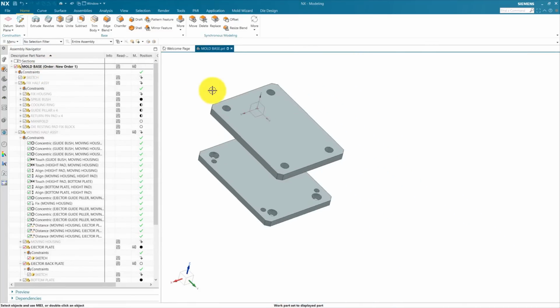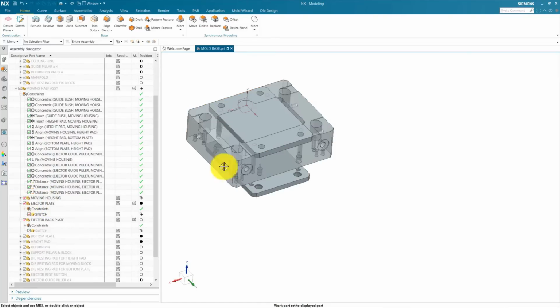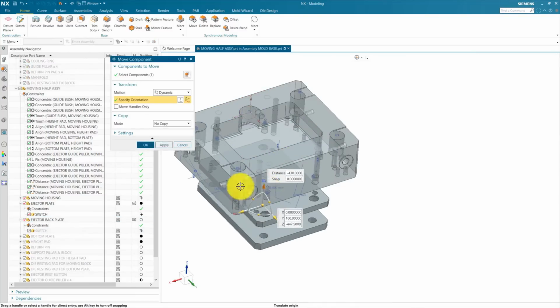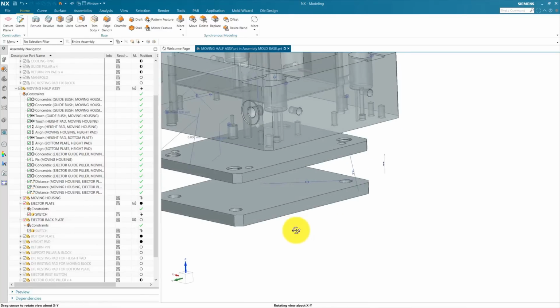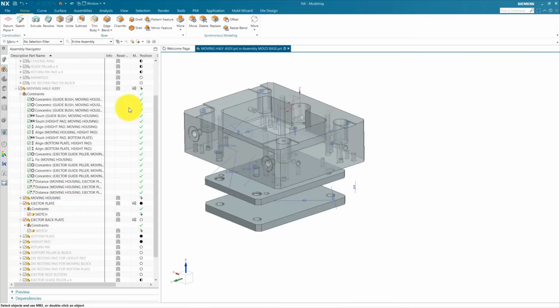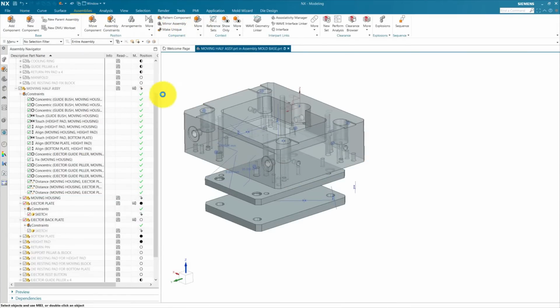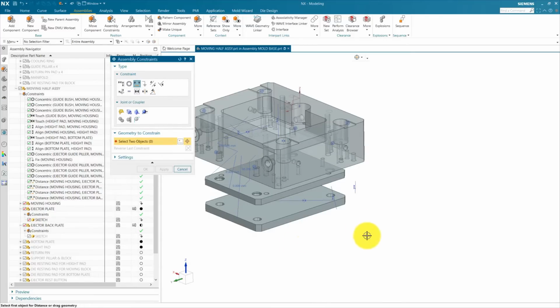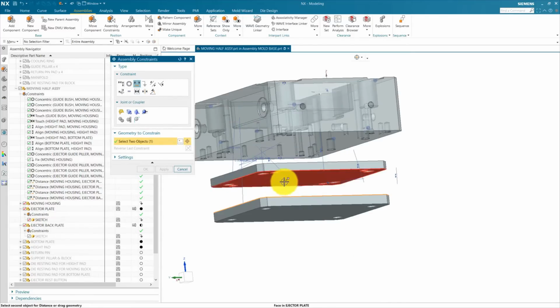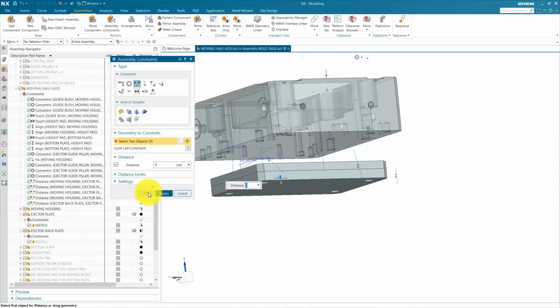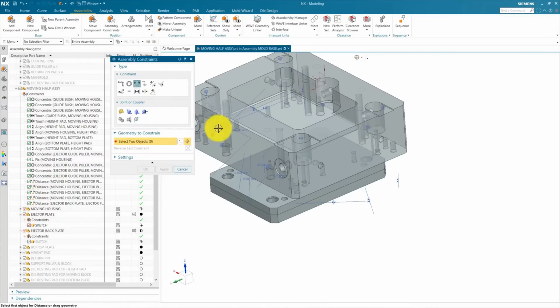Activate our mold base assembly. So our moving housing. Find this ejector back plate. Move this. The ejector back plate is placed at the backside of the ejector plate. We are going to define this plate according to our moving housing. The constraint is simple, so there is less chance of failure in future. From this to this distance we use 0. Okay, define a distance from here to this ejector plate, and this is the ejector back plate.